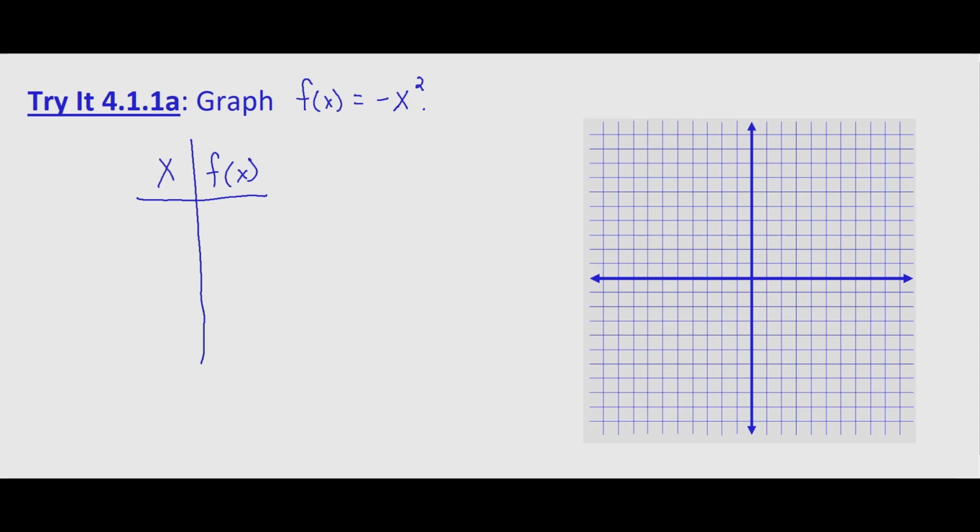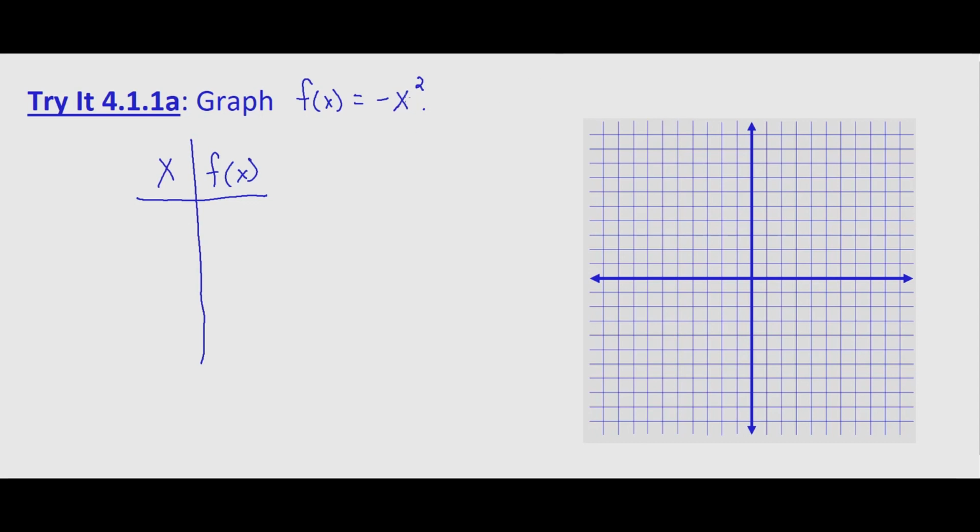So in this problem, we're looking at graphing a simple quadratic. We're given f of x equals negative x squared. So if you remember from Algebra 1, we had transformations in which if you applied a certain aspect to an equation, it would shift it in a certain way. It would transform it in a certain way. If you remember,